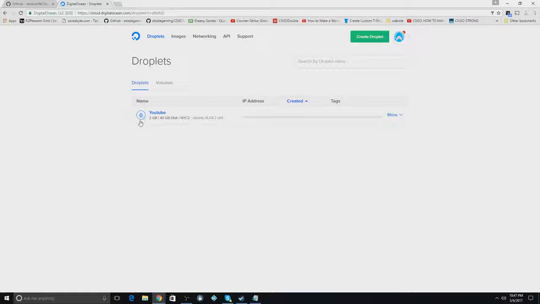So once it sets up, you'll see it loading right here, and once the progress bar is done, it'll give you the IP for your specific droplet right here, and the date, like how long ago it was created and all that stuff, and it'll email you the login to this droplet. So what you're going to do with that login, I'll show you once it loads in here,